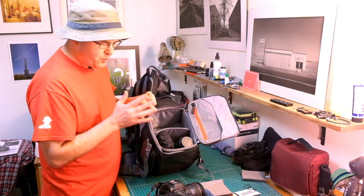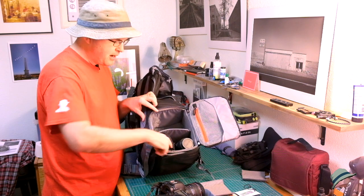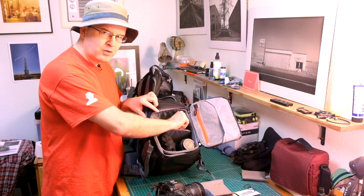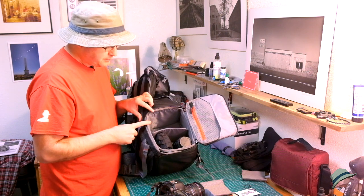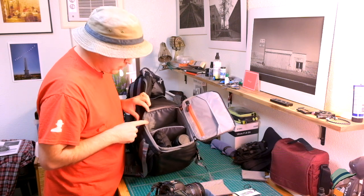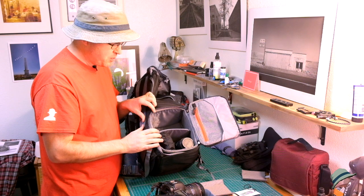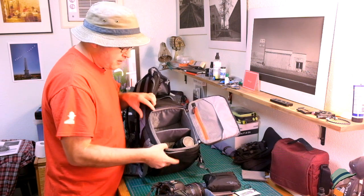The other thing that I kind of wish we had was Velcro on the sides of this divider here, and then the bottom, but on the top it's the smooth fabric. It's not the kind that the Velcro can attach to. So we only have Velcro attachments on there and on there. I kind of wish that wasn't the case, because if I could go crosswise, this would be spot on. That'd be beautiful. So the rain cover, and then notice in here,